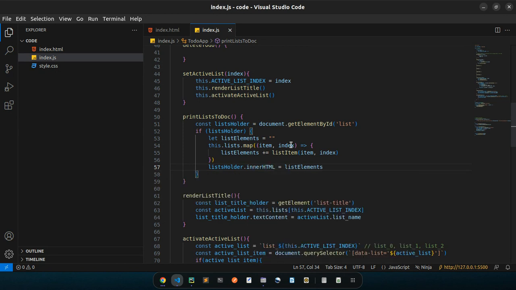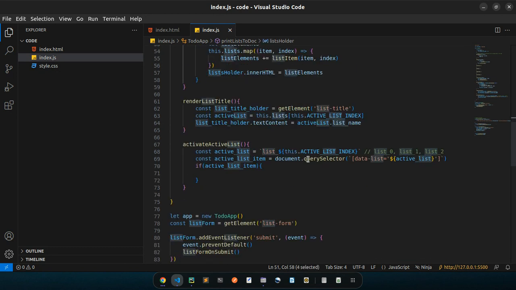So the next thing I've done here is, instead of first selecting get element by ID list, I've gone ahead and said, no, let's try out something else. Let's try out query selector, and we are selecting based on a given attribute name. So if I were to copy that maybe, and